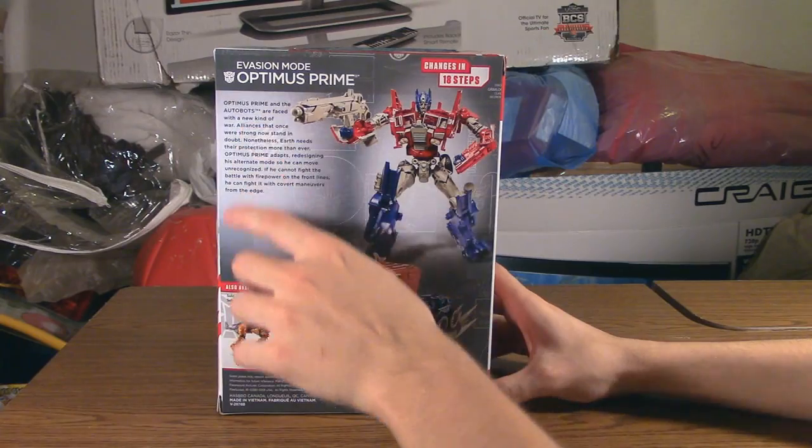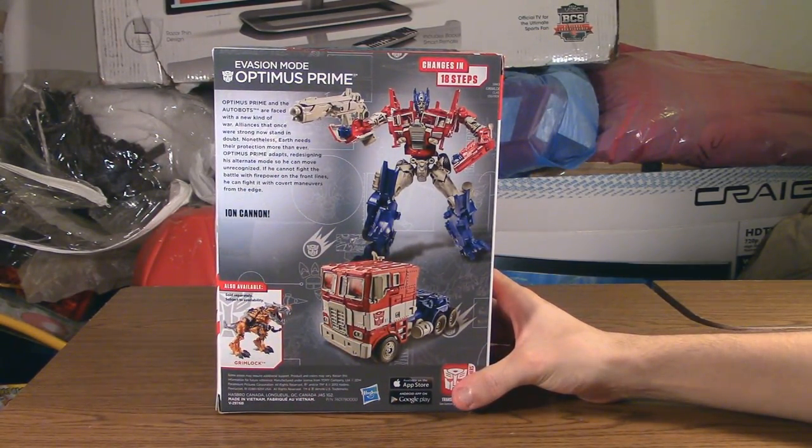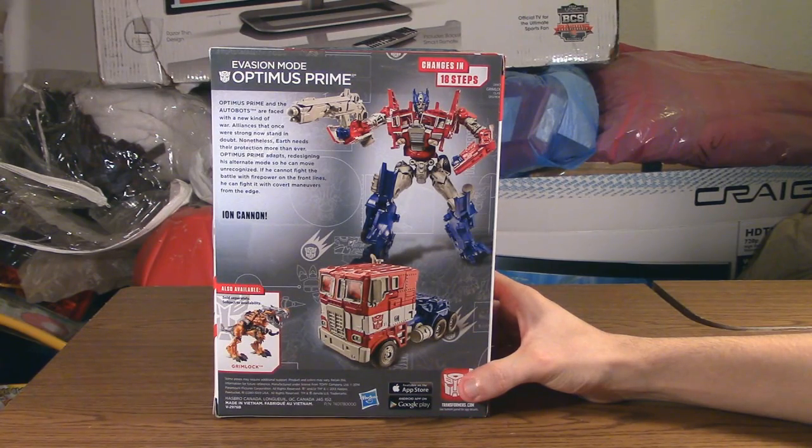And then we got your basic bio. Optimus Prime and the Autobots are faced with a new kind of war. Alliances that once were strong now stand in doubt. Nonetheless, Earth needs their protection more than ever. Optimus Prime adapts, redesigning his alternate mode so he can move unrecognized. If he cannot fight the battle with firepower on the front lines, he can fight it with covert maneuvers from